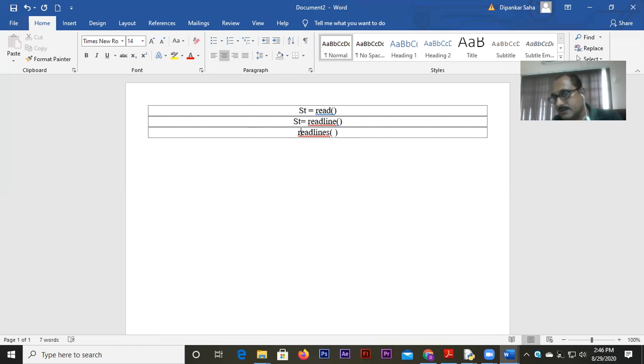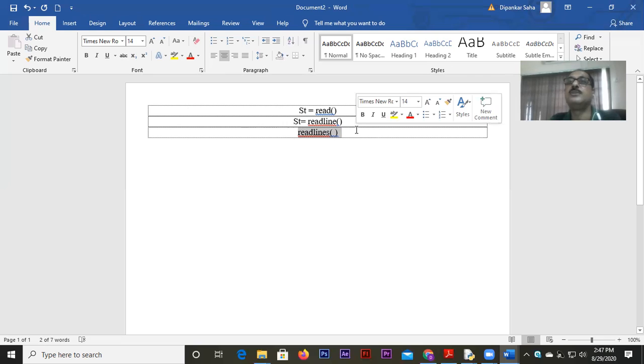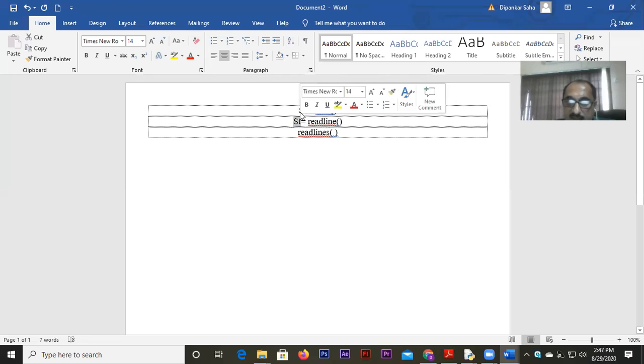If we produce the output, we'll see that the whole output will be a big list, wherein every line of the file will become one element of the list. So readlines reads the entire file, but in the form of a list, wherein each line will become its element. That means its elements will be strings. Whereas read and readline, when you do them, have to be equated, like the way I've done, to a string variable. This is the difference you have to remember.